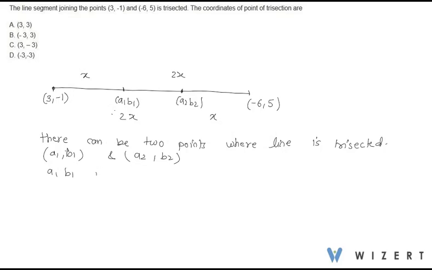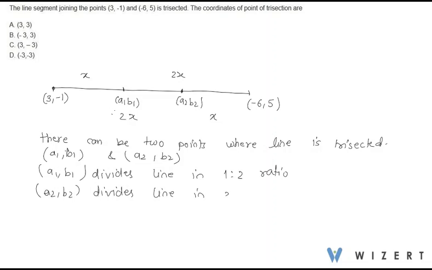(A1, B1) divides the line in 1:2 ratio, and (A2, B2) divides the line in 2:1 ratio. Now here, in order to find the coordinates of (A1, B1) and (A2, B2), we can simply